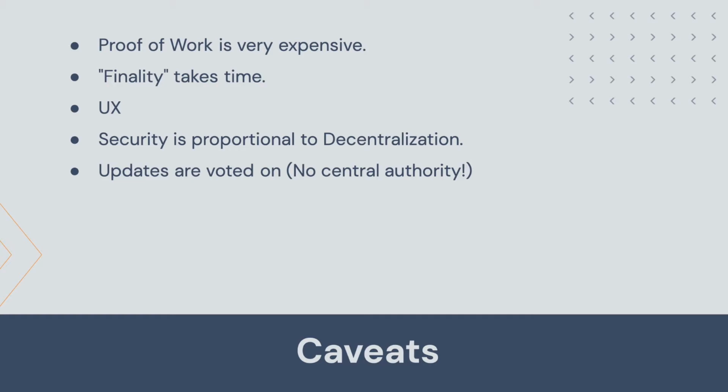Four, and we will see that in a few slides, since there is no central authority, no updates are imposed, they are voted on. Nobody can impose network improvements, unlike Windows, for example, which can make Windows 11 and tell people that this is the new version of their software. Users can instead vote to stay in the current version or can instead upgrade to a competitor's software. Failed votes can cause the network to split, and that has already happened to both Bitcoin and Ethereum and will likely happen again.